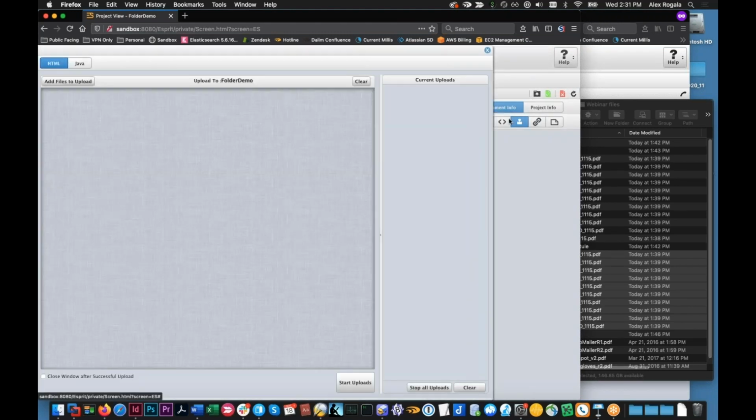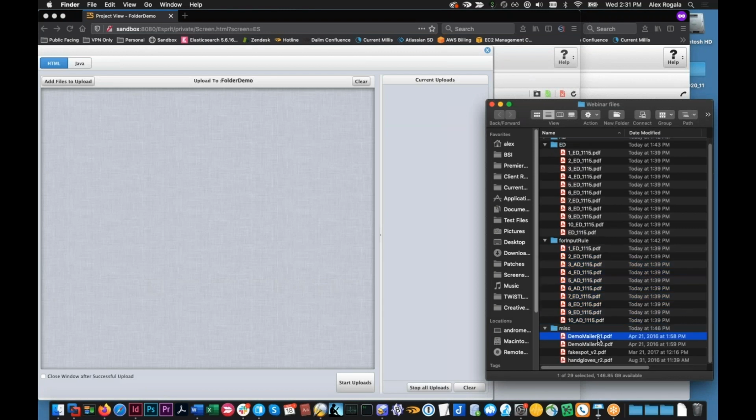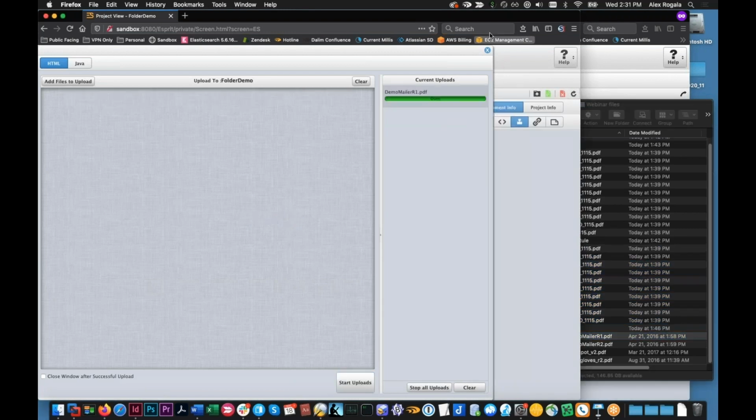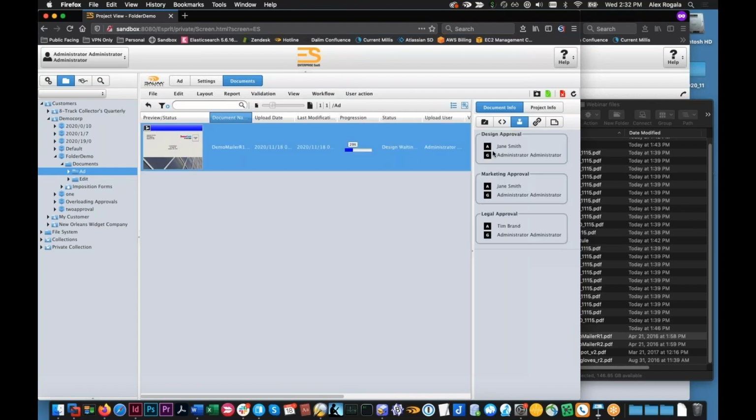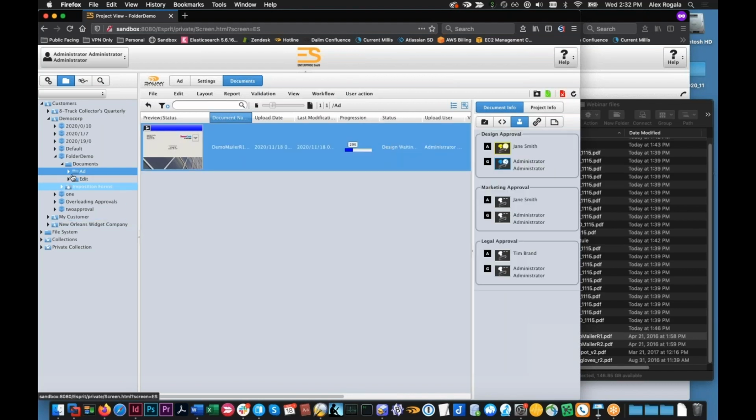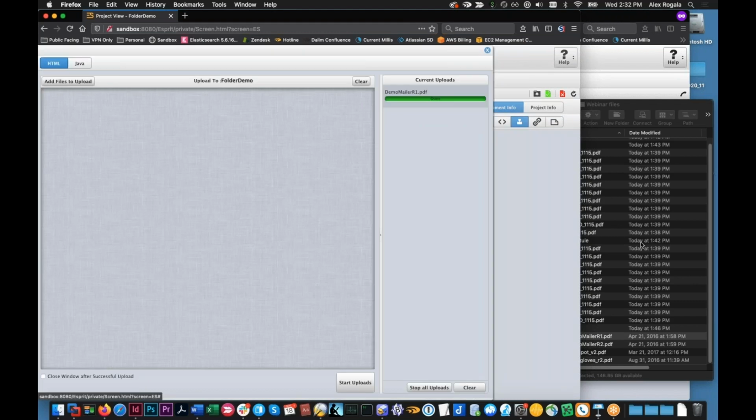And if I upload files, whatever they are, to the add folder, they're going to use the add workflow. So those have all our add approvals. And if I upload them to the edit folder,